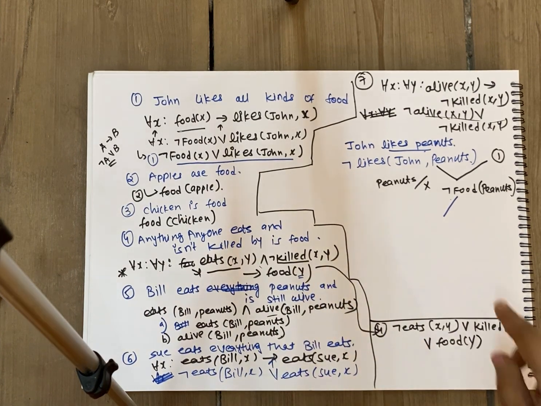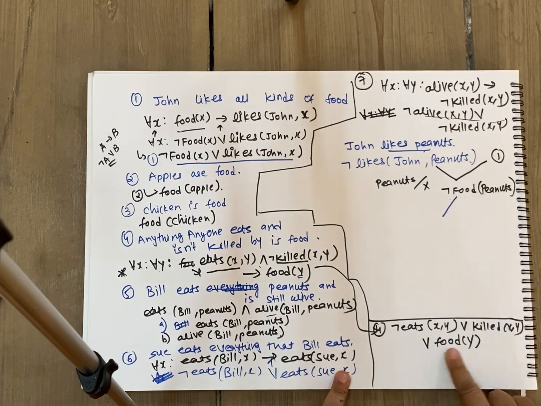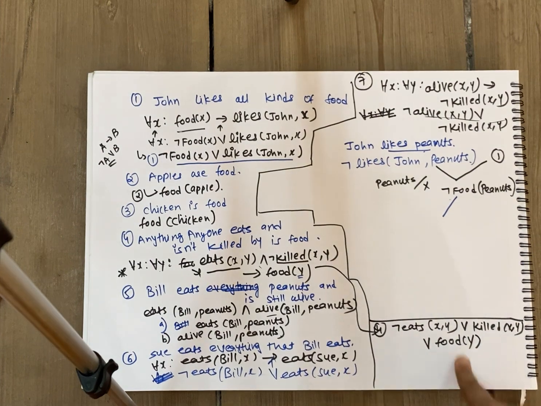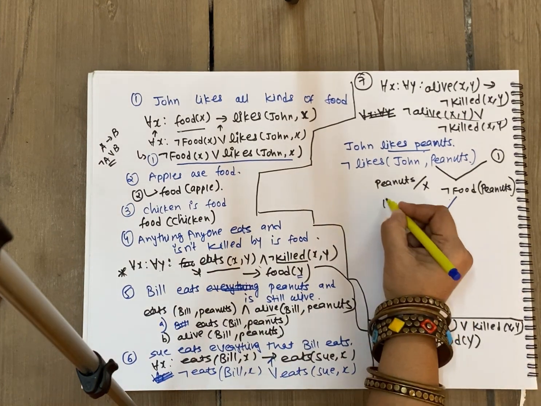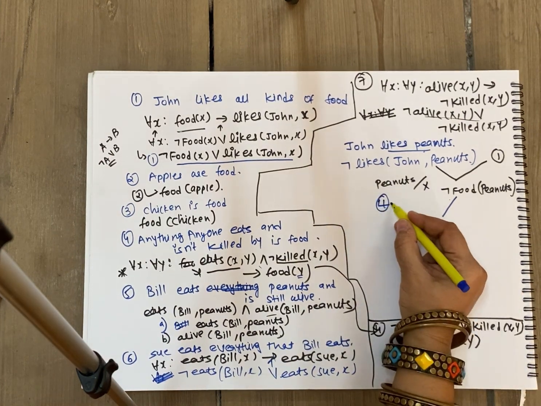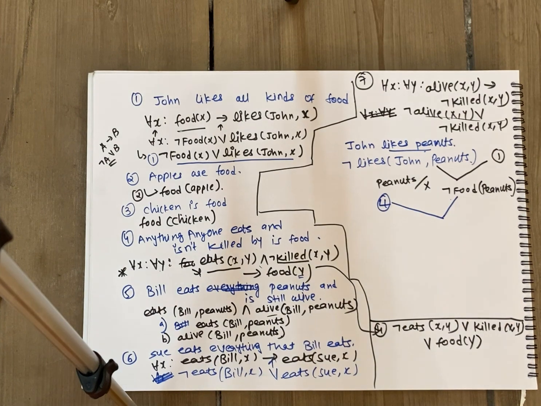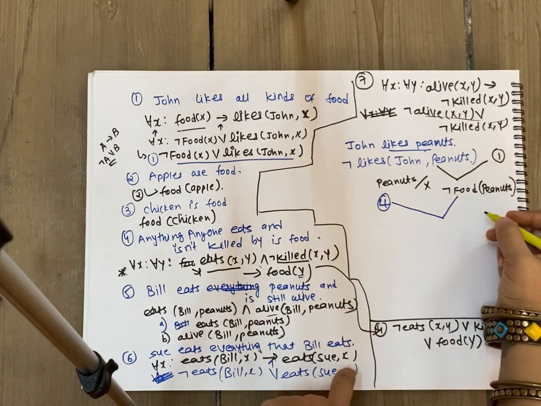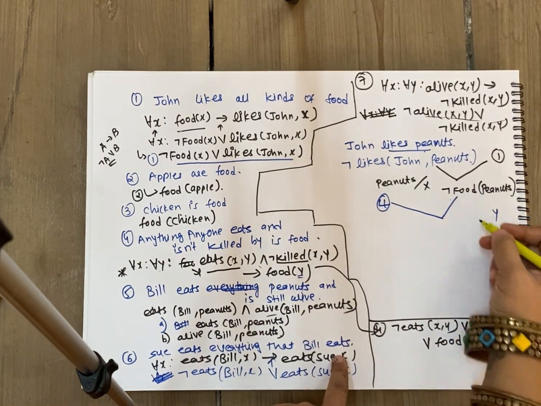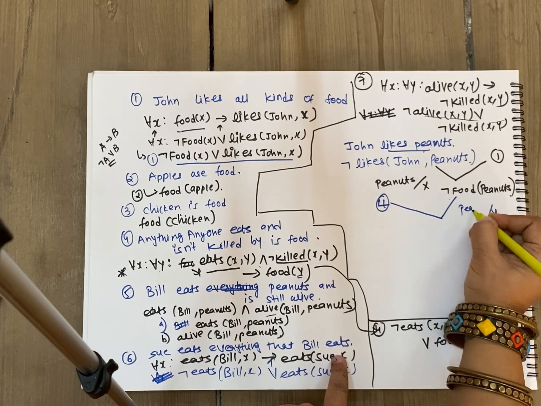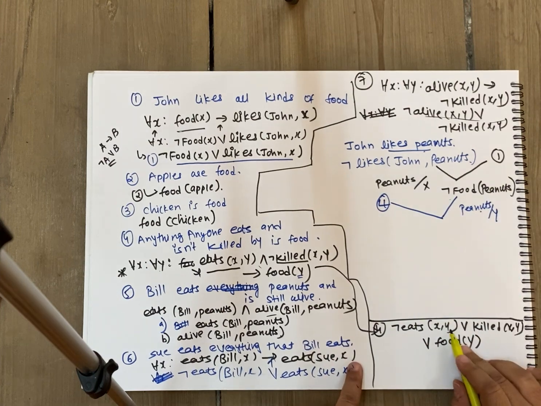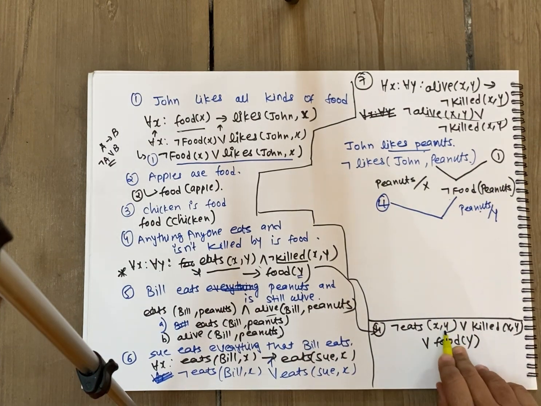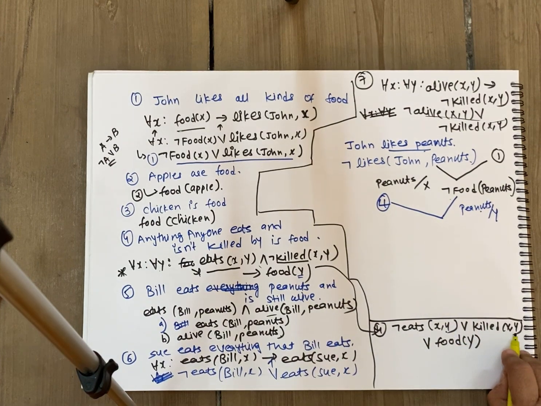Fine. So see, if you observe not food peanuts and food y, they are unifiable if you replace the value of y with peanuts. So if I consider 4 as my parent clause, then unification is possible with the value of y replaced by peanuts. If you replace the variable y by peanuts, here also it should be considered as peanuts, and here also it should be considered as peanuts.